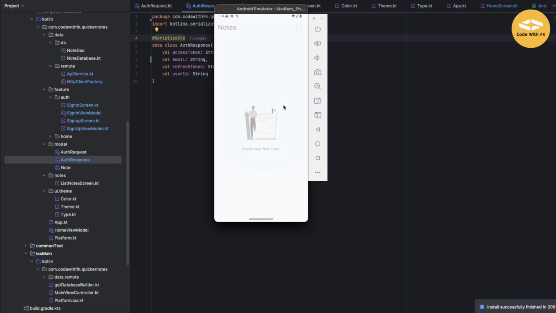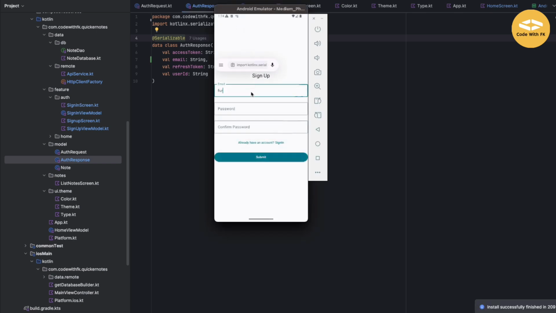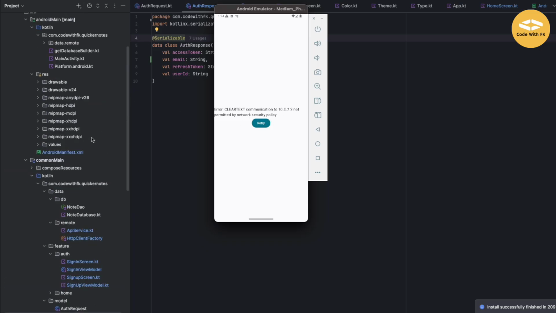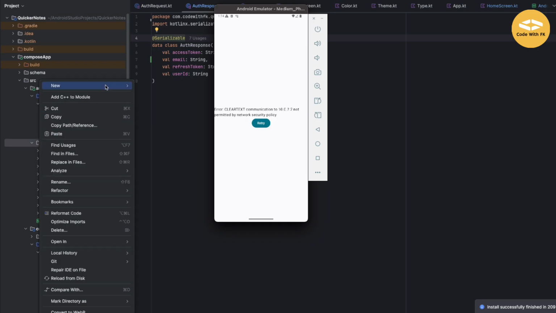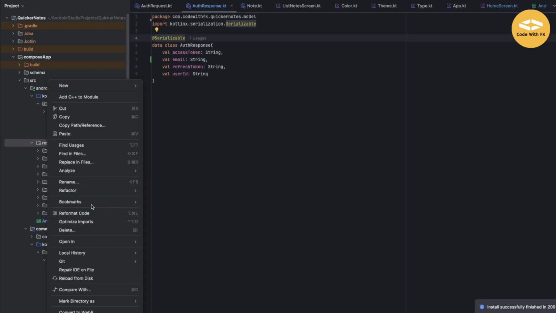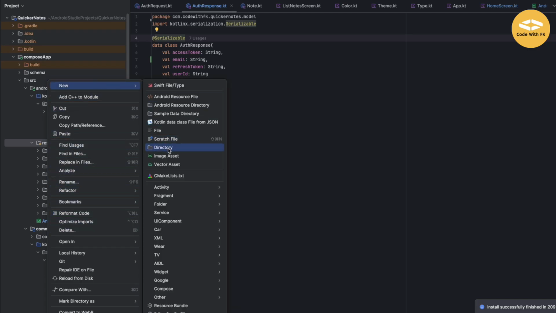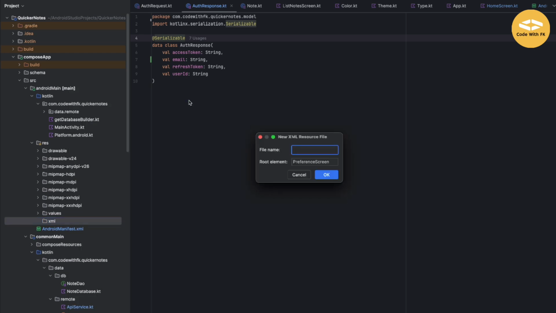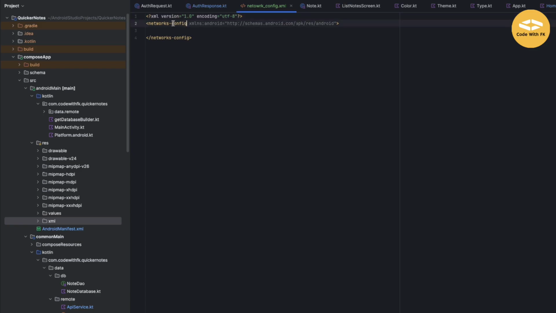We might face a couple more issues because I remember we didn't add some things that we were supposed to do. And yes, okay, it's saying that there is a security policy, you cannot access that clear text and all that. So basically get over here, into the Compose Android main section, and inside that you can create a package, new directory, call that XML, and over here you will create an XML file and say that it is basically network config. Since we are using network security